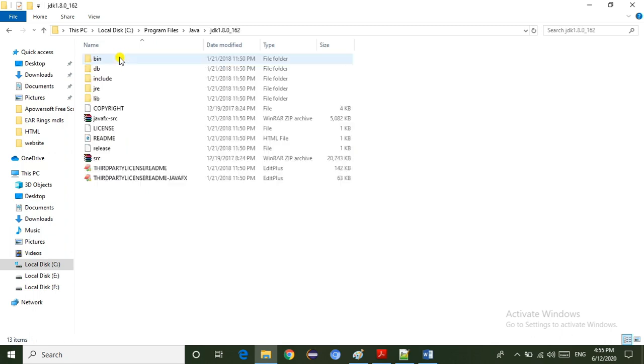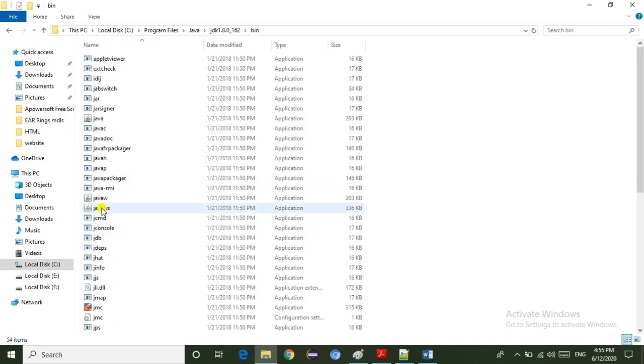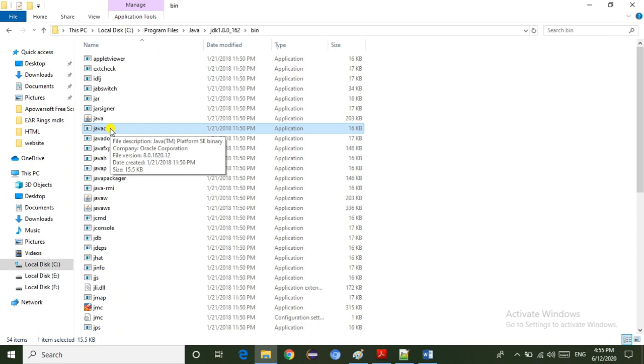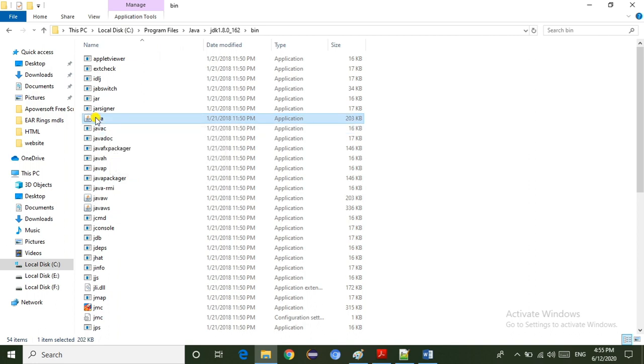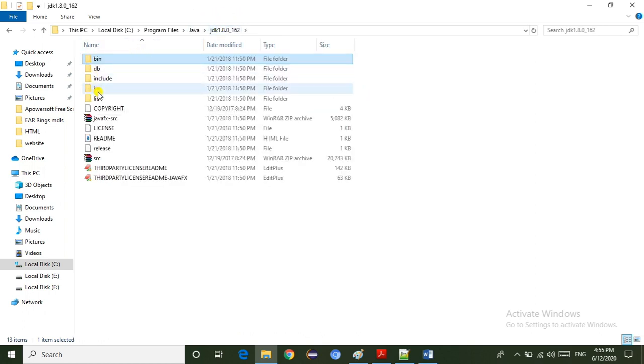If you go into the JDK, we can see the JRE plus development tools: java, javac. The javac command is used to compile the Java program. The java command is used to run the Java program. So JDK is the combination of JRE plus development tools.